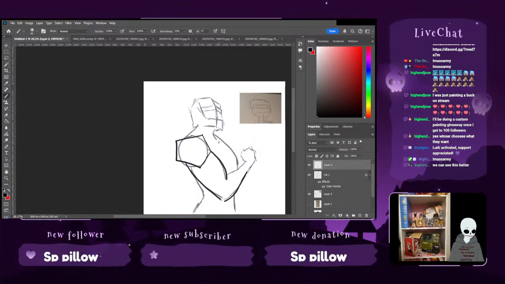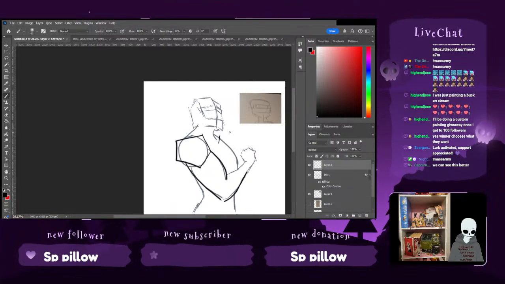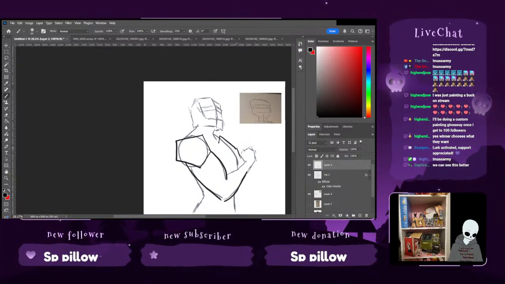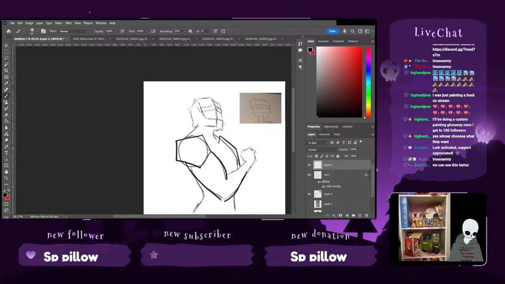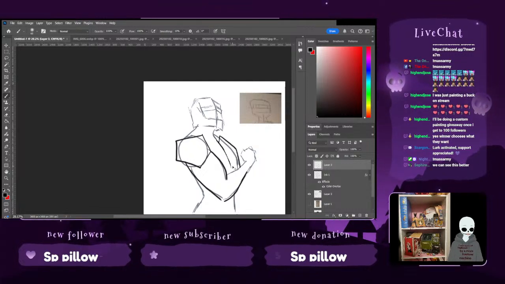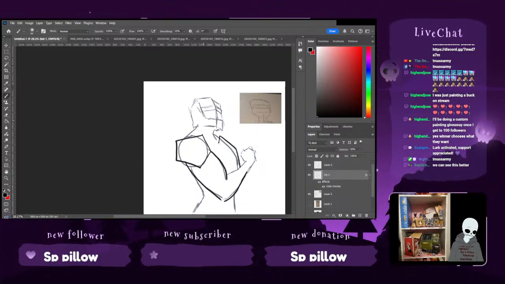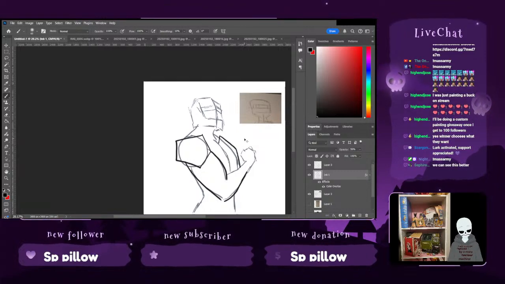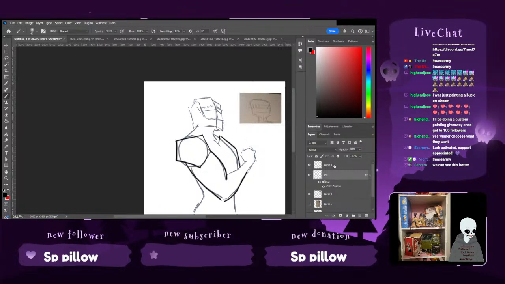But we can give the carapace more of a blocky look, I think. Right, yeah. Let's give this a little bit of a line to work toward.